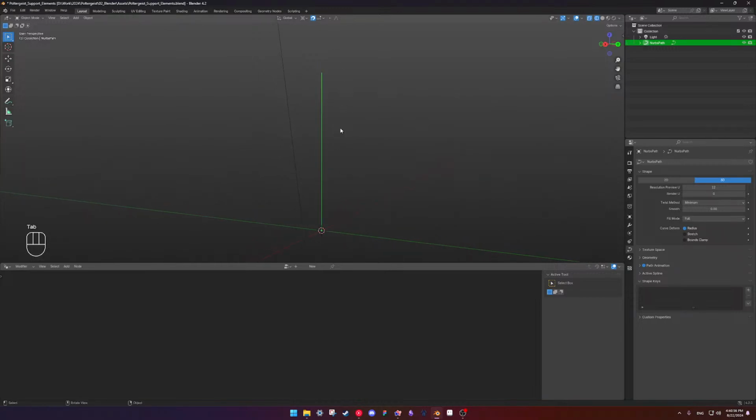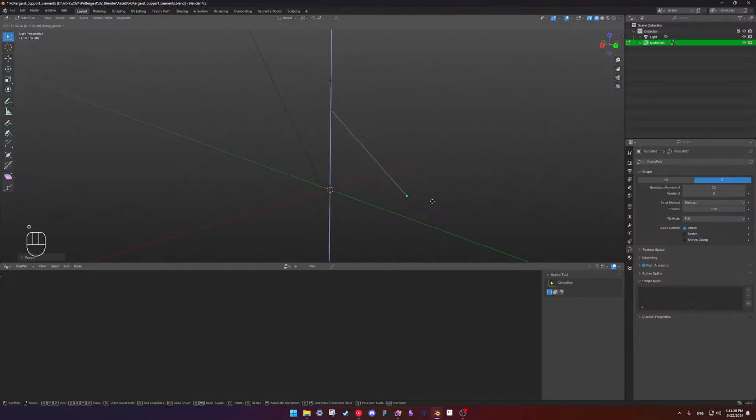Okay. Let's also duplicate and then extrude here. Scale Z 0. What? Scale Z 0. Or maybe it is. Yes, just there.